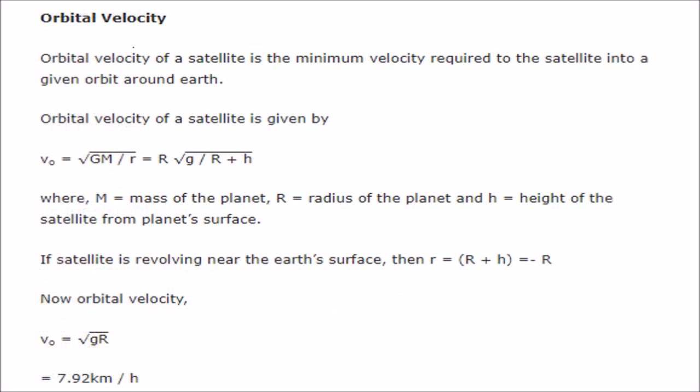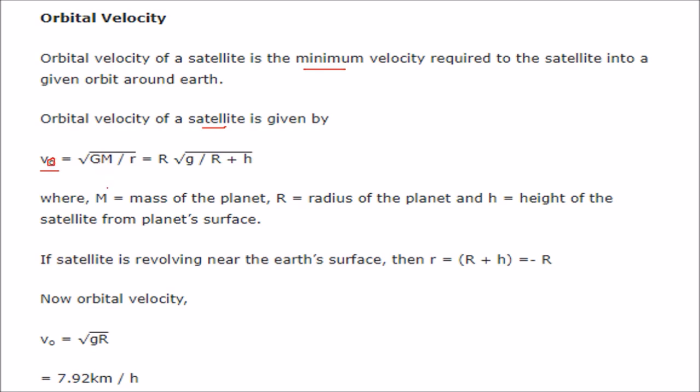Then we have orbital velocity. Orbital velocity of a satellite is the minimum velocity required to put the satellite into a given orbit around Earth. So some velocity is needed in order for the satellite to orbit around the Earth. So this is the orbital velocity. Orbital velocity of a satellite can be given by V sub O, the orbital velocity, is given